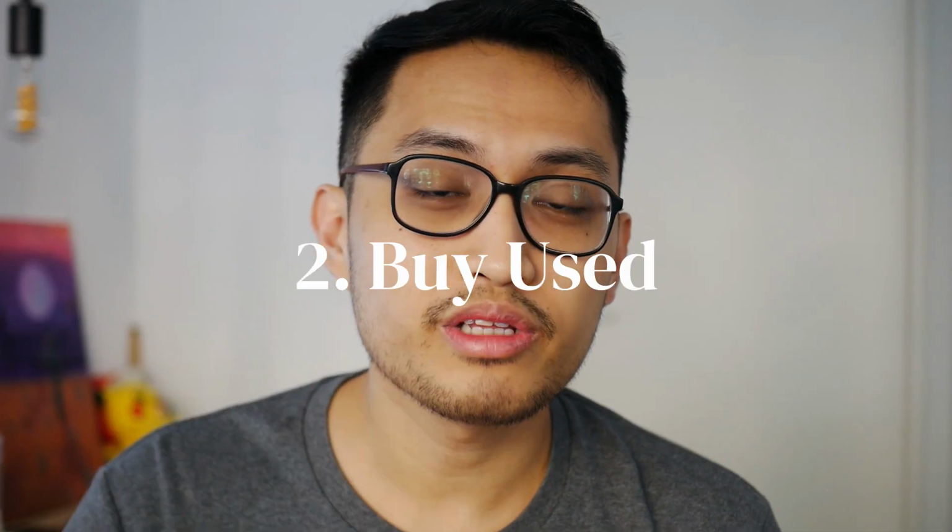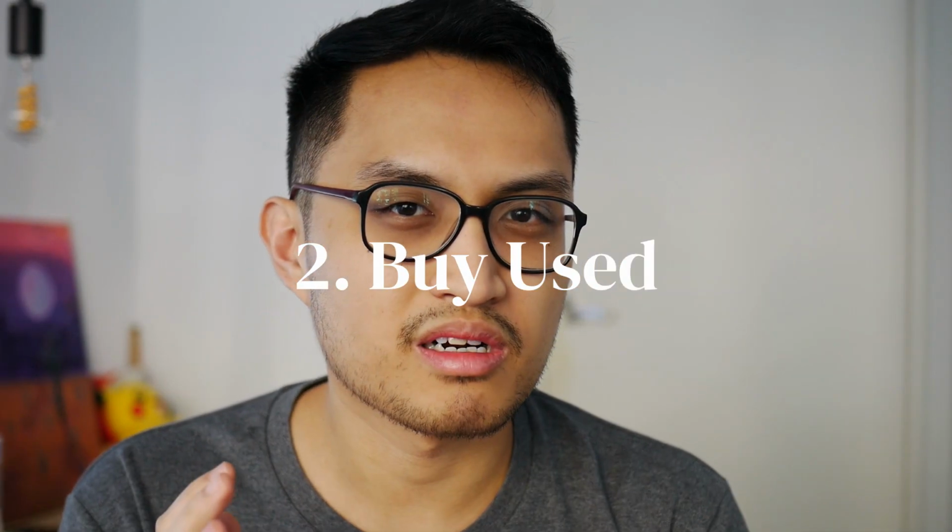Second tip, I only buy used shoes. Now, I know some people are a bit icky about buying used shoes, but I won't be able to address that here because I'm personally fine with it. Given the trial and error period and just the sheer amount of people who might have tried barefoot shoes and either it didn't fit them well or it wasn't for them longer term,